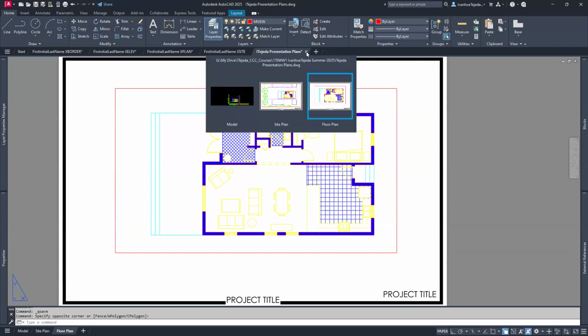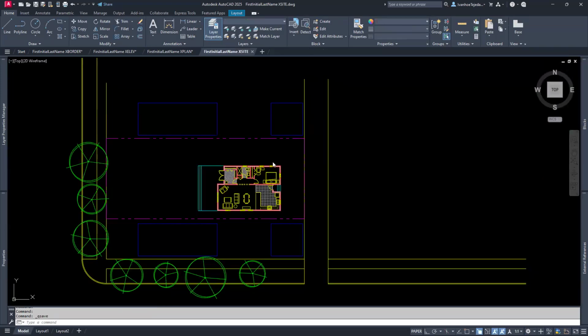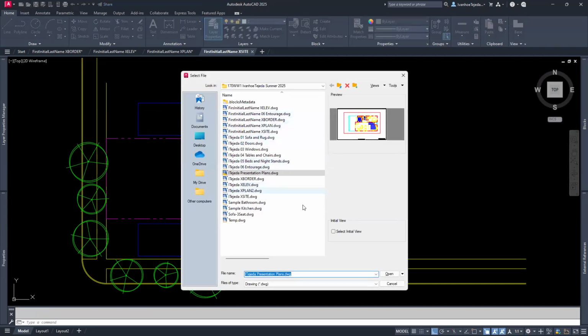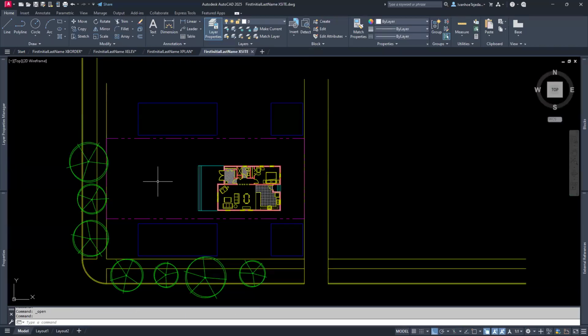I'm going to close out my presentation plans, save my changes, yes. And then I'm going to go back and open my presentation plans. And they should be listed in here. There they are. And I'm going to click open. Actually, no, let me show you what I'm going to do. Sorry about that, because I want to save you any issues down the road. I'll click open,